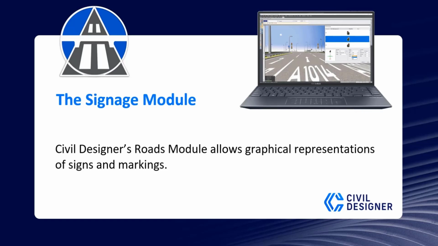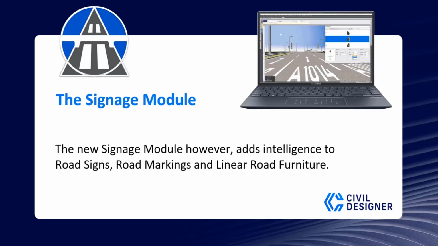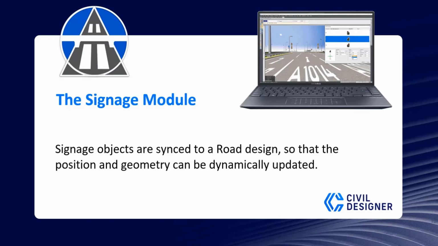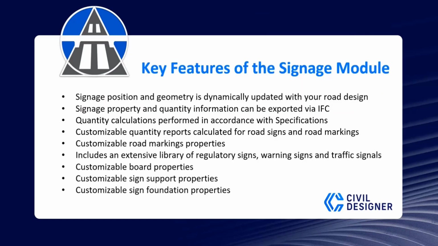Civil Designer's road module allows graphical representations of signs and markings. The new signage module, however, adds intelligence to road signs, road markings, and linear road furniture. Signage objects are synced to a road design so that the position and geometry can be dynamically updated. This adds a new dimension to dynamic road signs and markings, saving you design time when it comes to redesigns